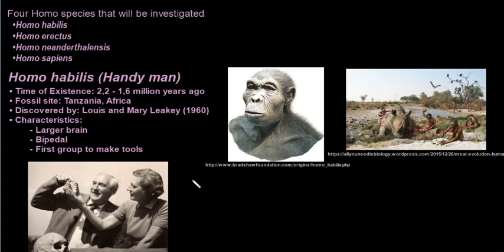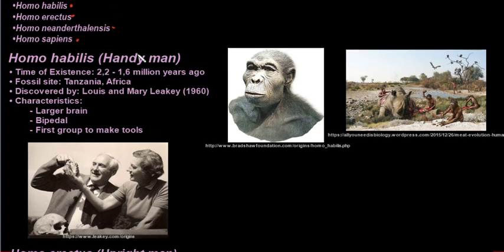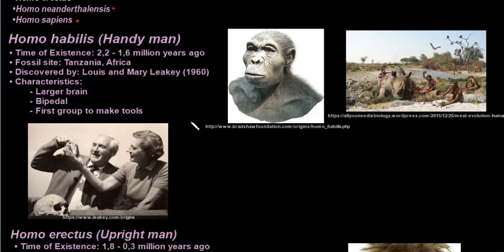Now the 4 Homo species that you need to know about are Homo habilis, the handyman, Homo erectus, Homo neanderthalensis, and lastly Homo sapiens. So Homo habilis, known as the handyman, was around 2.2 to 1.6 million years ago. The fossil site is in Tanzania in Africa, and it was discovered by Louis and Mary Leakey in